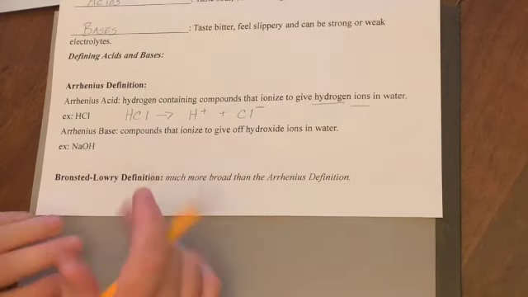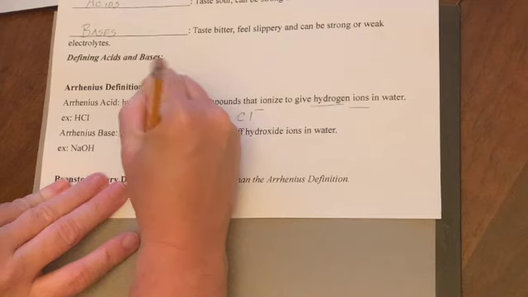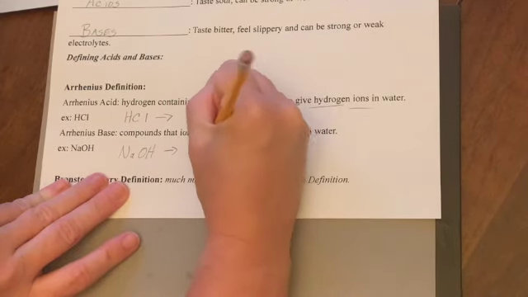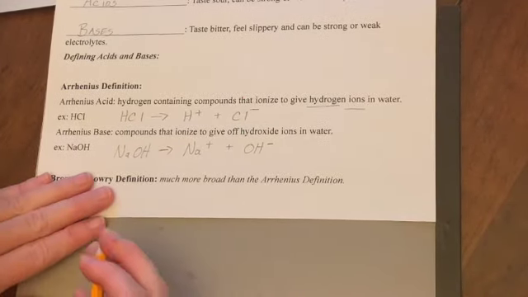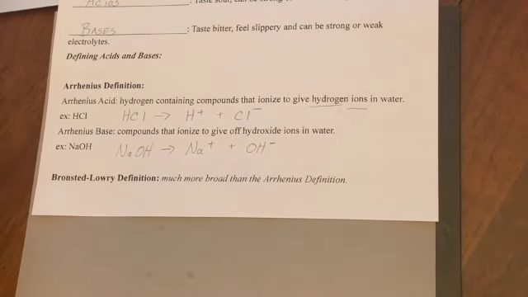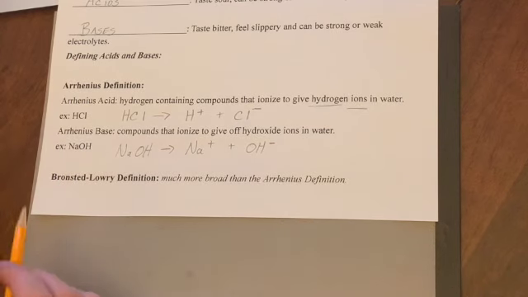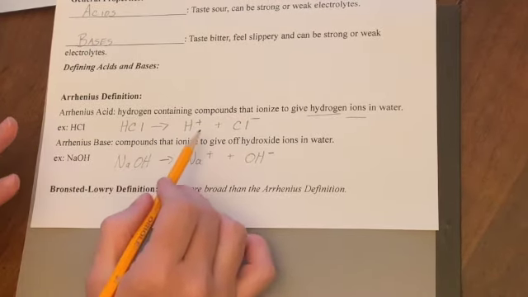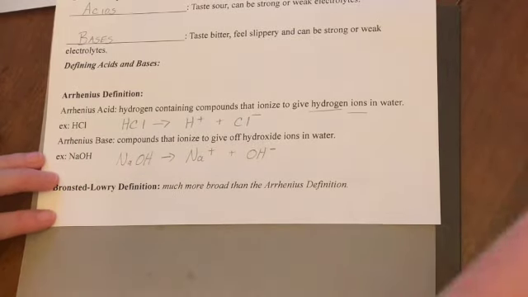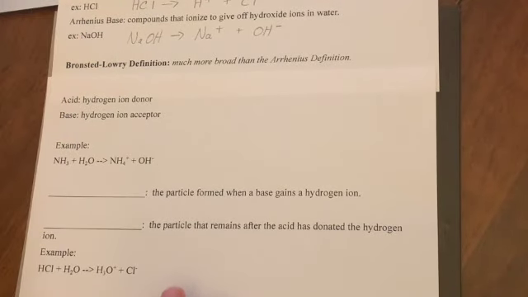An Arrhenius base is a compound that will ionize to give off hydroxide ions in water, something like sodium hydroxide. I put that into water and it's going to give me sodium ions and hydroxide ions. This definition works very well, particularly with strong bases. It is, however, a little limiting because we do have certain cases where we have a base that doesn't have hydroxides. Acids will always have hydrogens, so the acid definition is great. Bases, however, don't always have hydroxides in them,